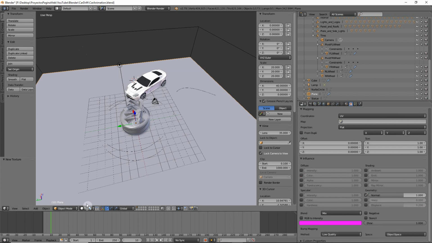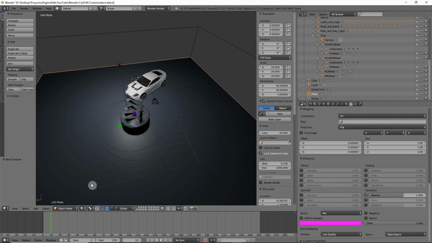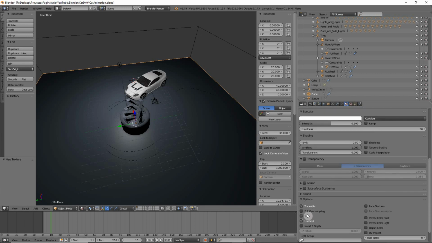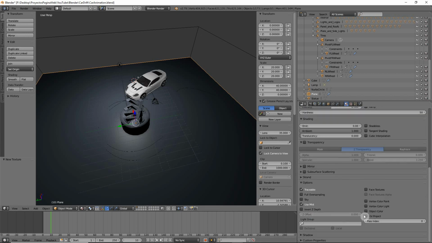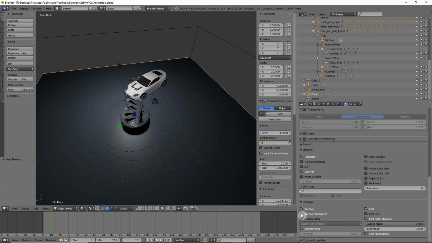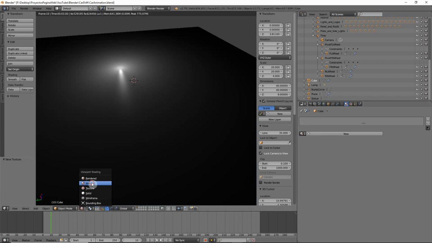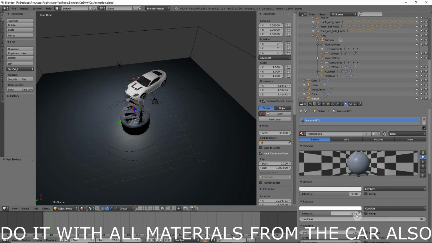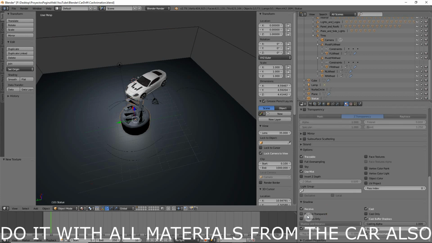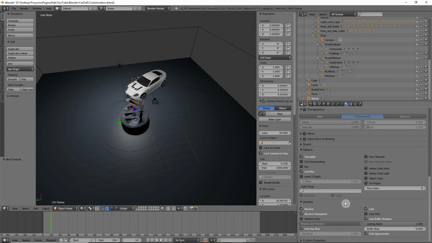Then we can go to material, we can see the material, and we are going to select the shadow, receive transparent, and we'll just try it right now. Let's go back to the material. Statue has to go also to receive transparent.